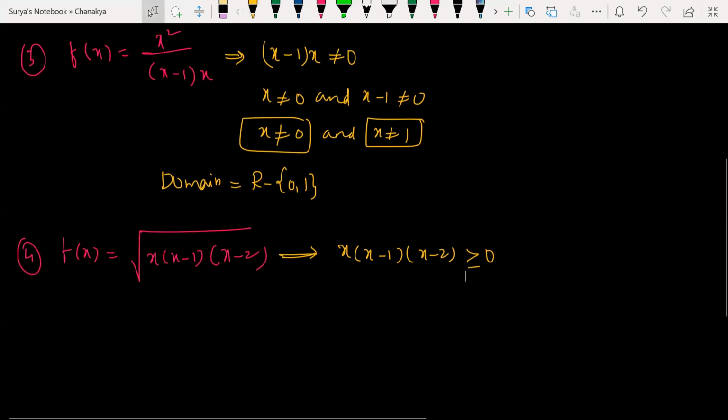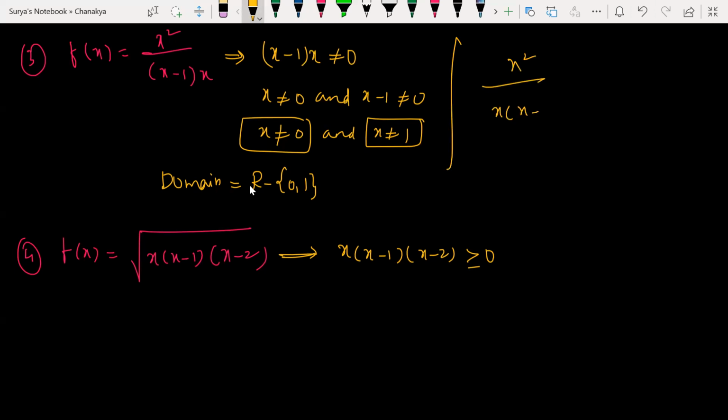Many of you might be thinking, sir, here, in the earlier question, can I do it this way? x square by x into x minus 1. x will get cancelled, so x by x minus 1. Arey bhai, if you do this, then what is the domain? Only this, which is actually wrong. You can't cancel like that, children. So whenever you have a denominator,